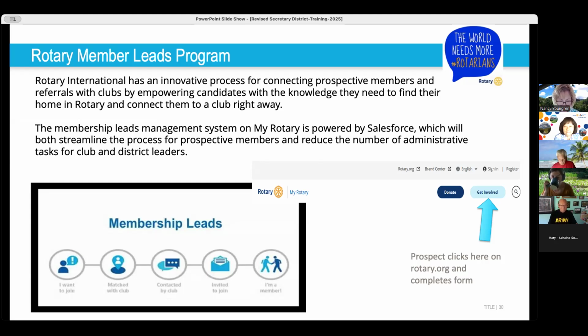So it's especially useful, it seems, if the lead comes to your club. Maybe not as much if you're going out there for the whole district, but if some lead comes to your club, it's important to be able to know it and respond to it. If you don't respond to it, then you may have lost a member. So that's the point there.